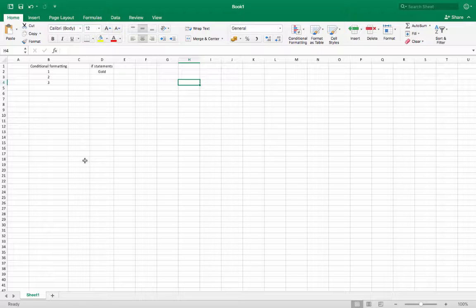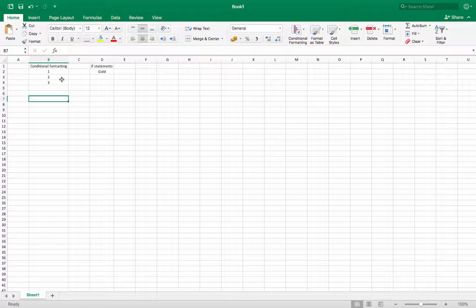Hi, in this video we're going to look at conditional formatting, if statements, and then how I've used this to create an athletics database to one, compare the kids to the national average of the English Schools Athletics Association, and two, create a decathlon within my lessons that tells me who the best athlete across all the different athletic activities in my class. So firstly, if we're going to look at conditional formatting, what we need to do is we